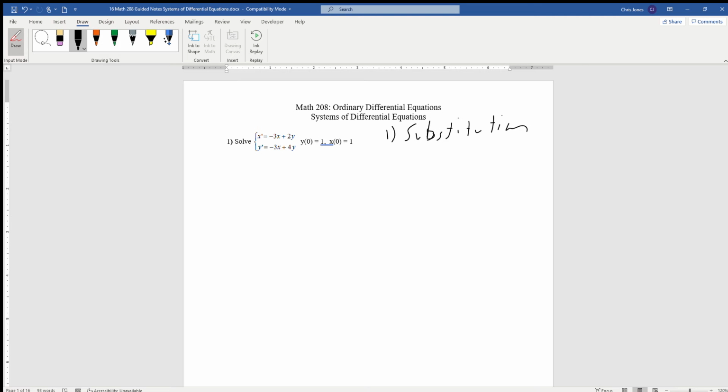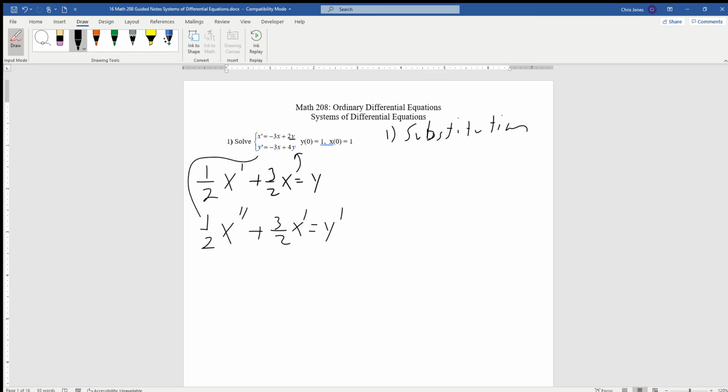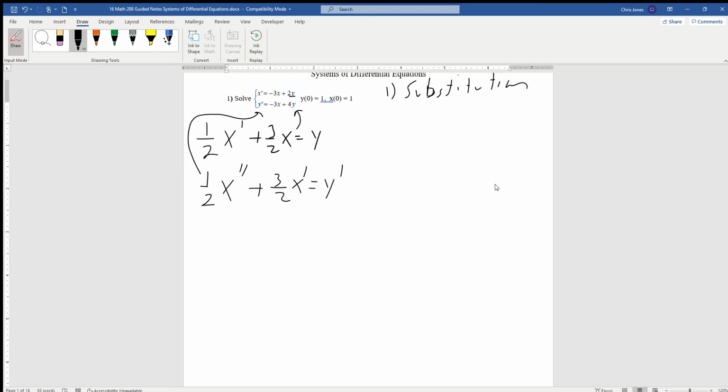So let's take the first equation and solve it for y. If we solve that for y, we're going to add 3x and divide by 2. So we're going to get 1/2 x prime plus 3/2 x is going to be equal to y. We can substitute that immediately into the second equation. We also need y prime. y prime is going to be 1/2 x double prime plus 3/2 x prime. And we can substitute that back into the second equation as well. And now we'll have an equation solely in terms of x. By substitution,